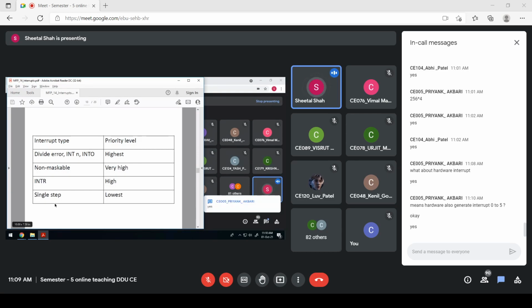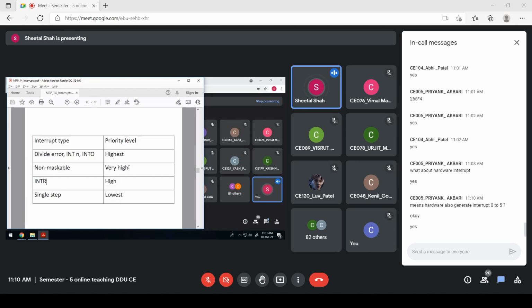One such example, say suppose to this INTR pin we connect a keyboard. Now, when a keyboard is connected, if a key is pressed, there would be a certain program to read which key is pressed. Are you getting this? This is just an example I am giving you. So for every interrupt, there would be a certain program, and those programs are also between 0 to 255.